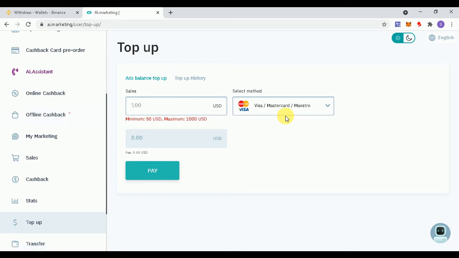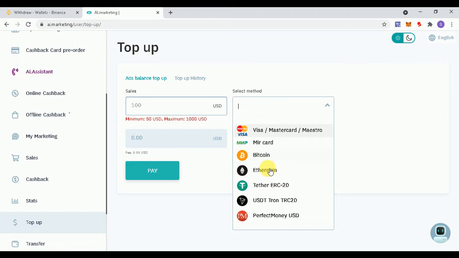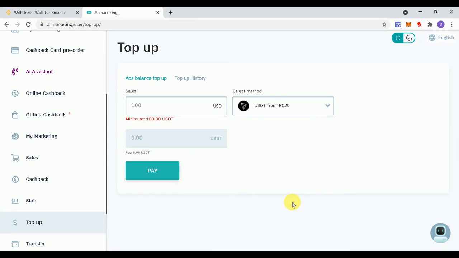Okay, so now we go to select method. We select method USDT Tron TRC20. So USDT from TRC20 we select this method and in sales I am uploading 500 USD.